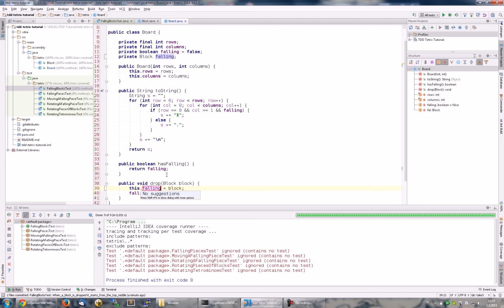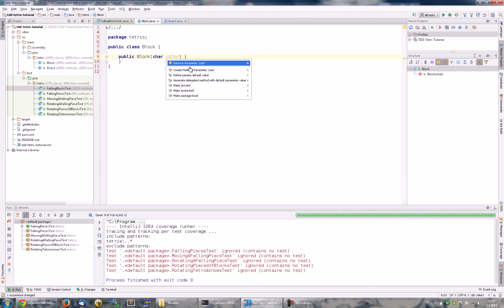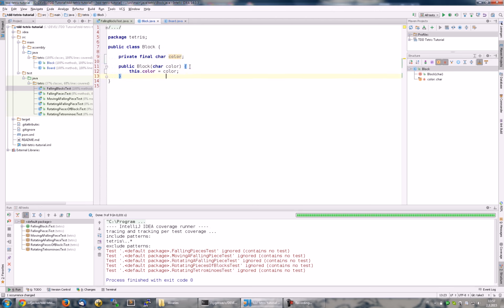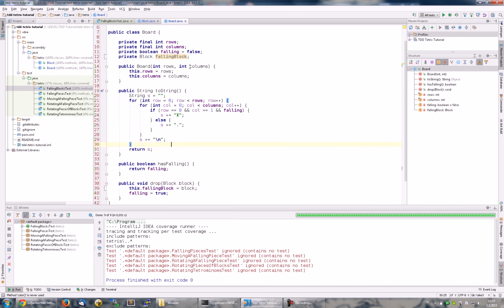We call it the falling block. Like that. Now we got rid of the